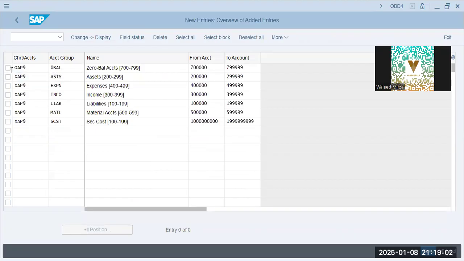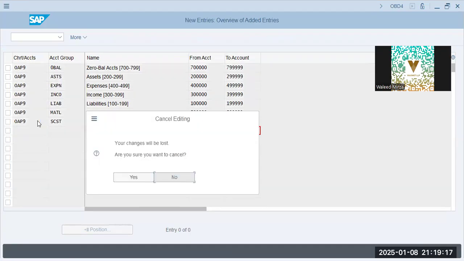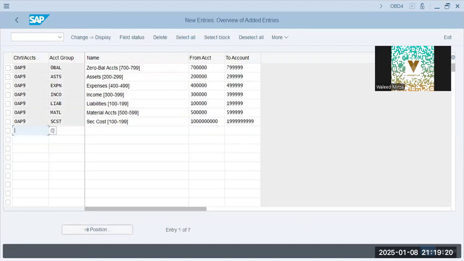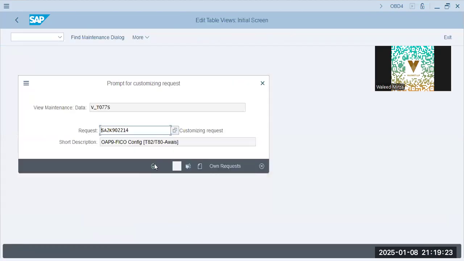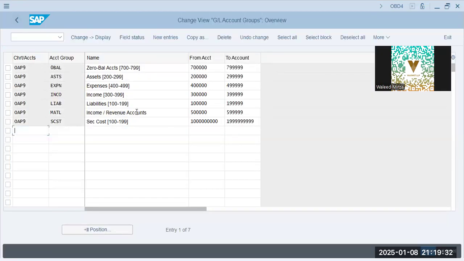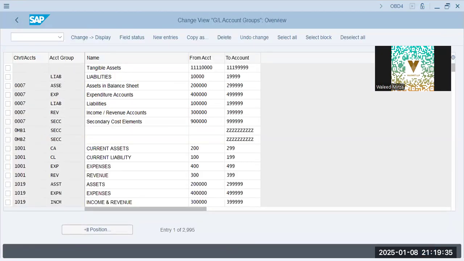Control Y. Okay. Enter. Okay. Save. Now this will help us in creating master data for GL accounts. Okay. Once this is done, next step is